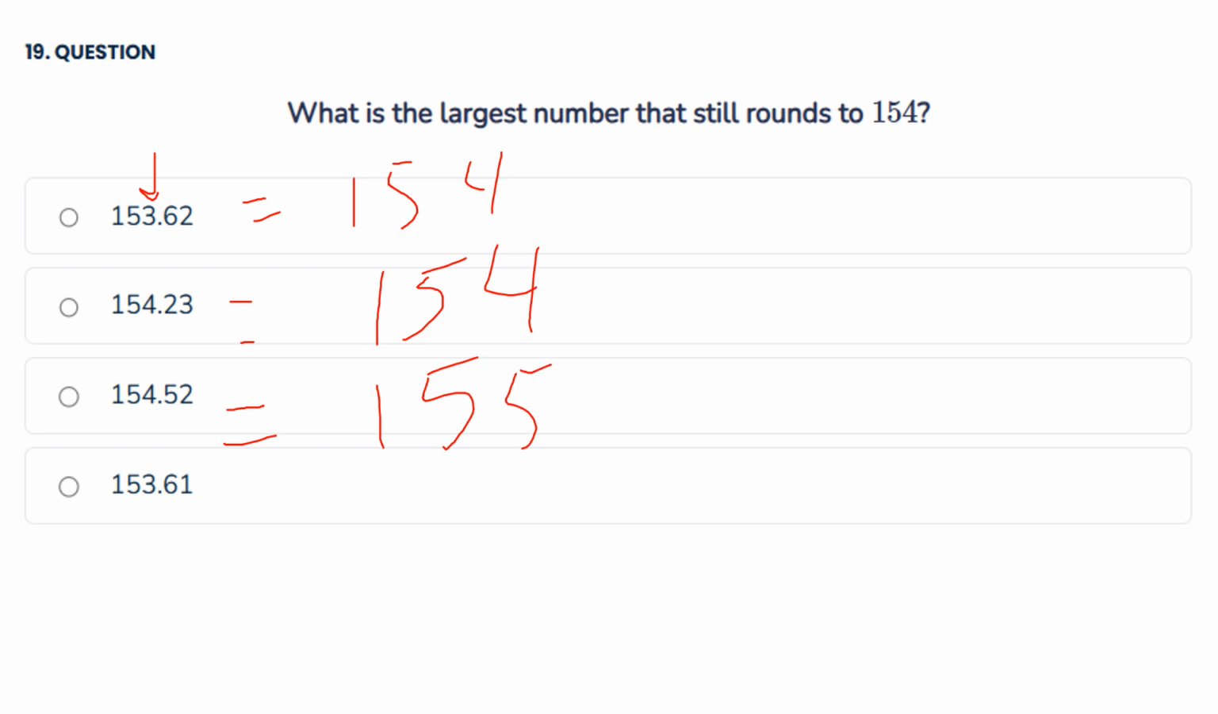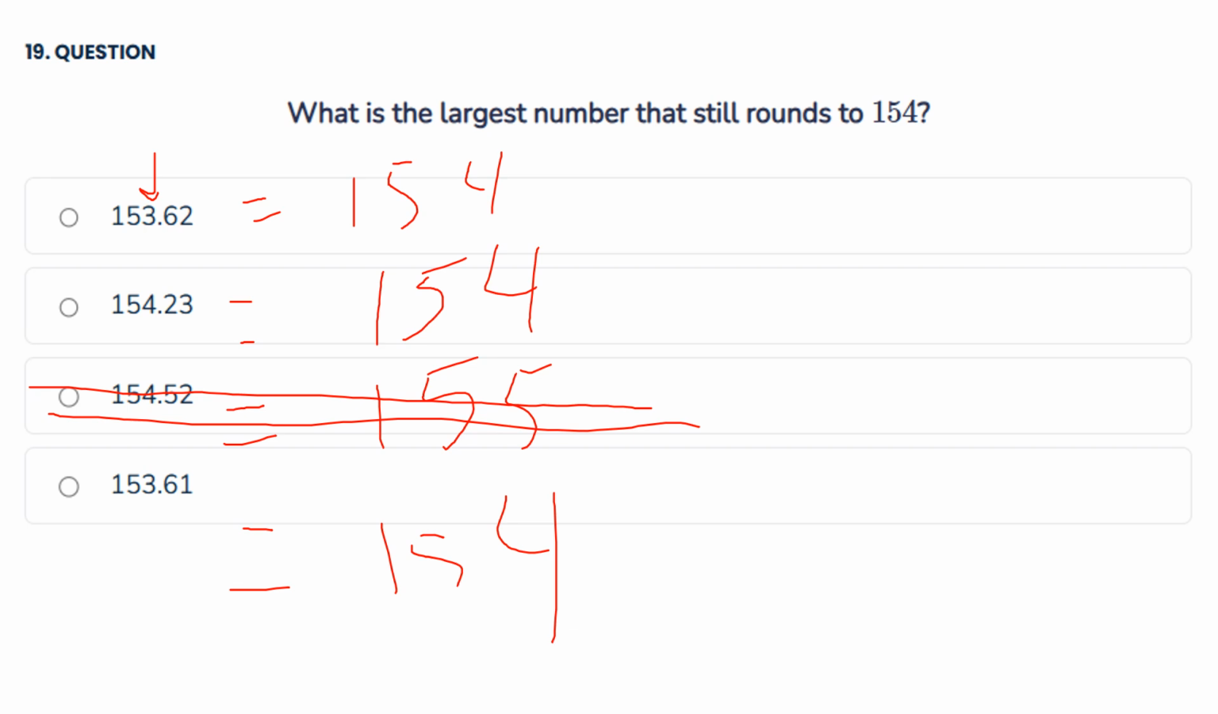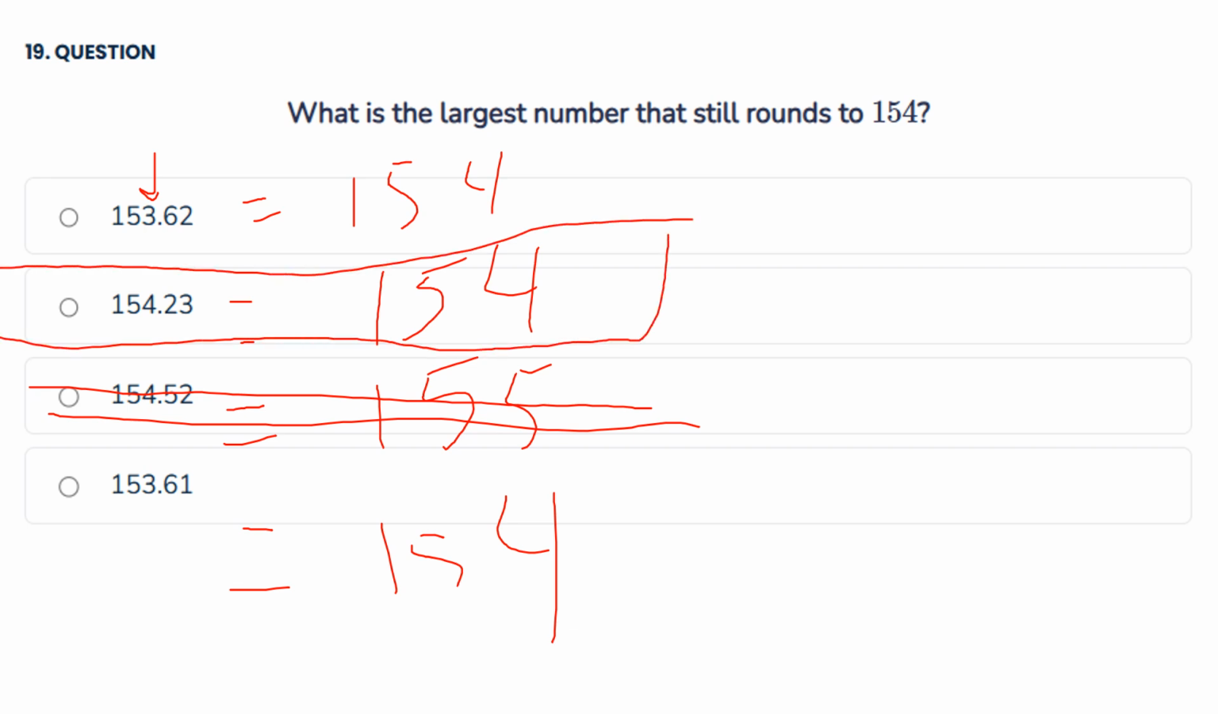And then in the last option, we have 153.61. So the number to the right of the ones place, which is the 3, is a 6. So that means that we round up. All right, so we can pretty much eliminate that one. That's gone because that's 155. We don't need 155. We want 154. So looking at this, the largest number that we can use that still rounds to 154 is going to be the number that initially has 154 in it,